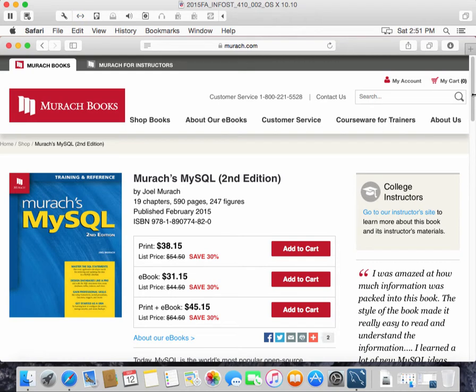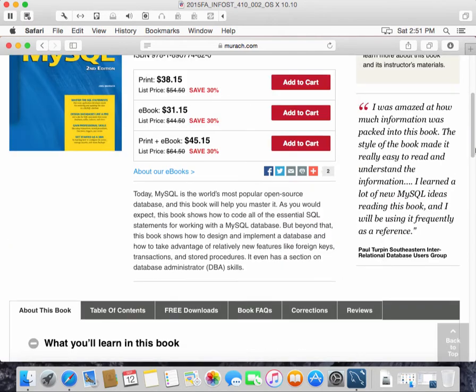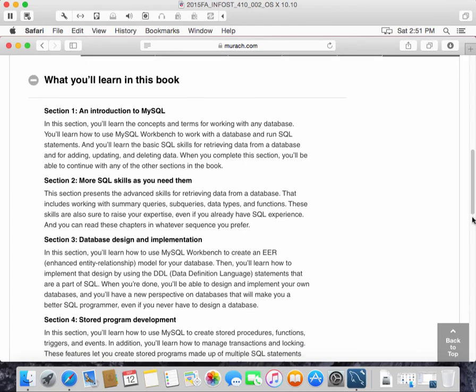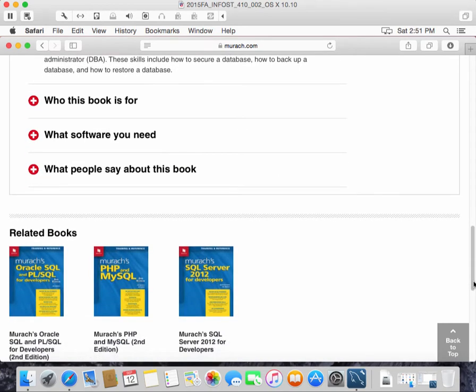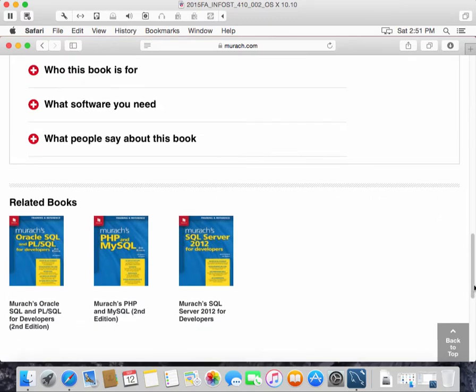And I hope you've already bought it. If you haven't bought it, here's a chance to buy it. I'm using the electronic version on my iPad with some success this year. So I'm happy with that. I wasn't really happy with the electronic version last time, but somehow I think I'm just happier with electronic versions